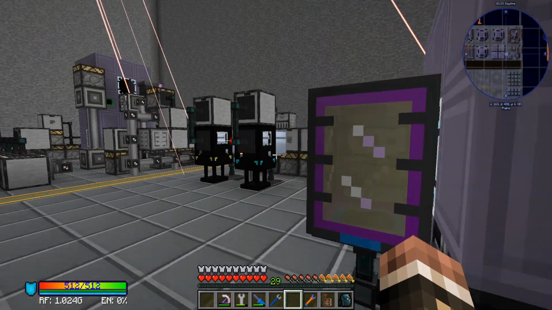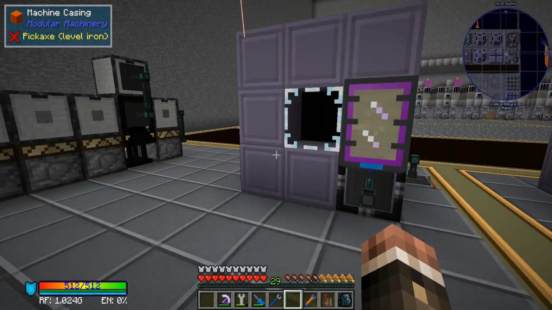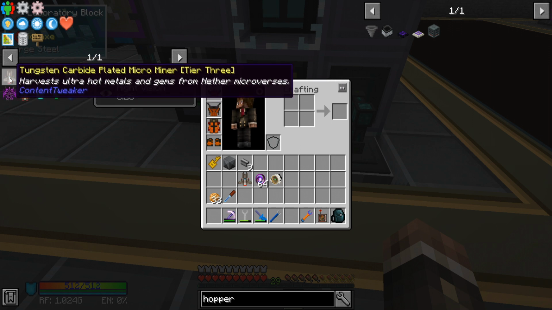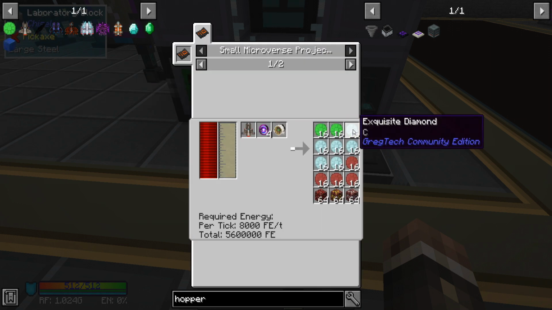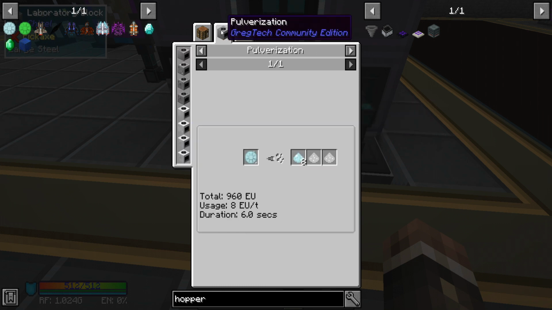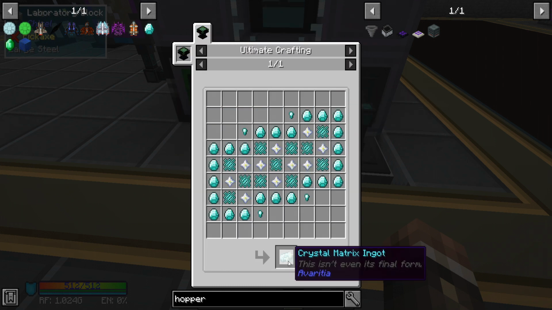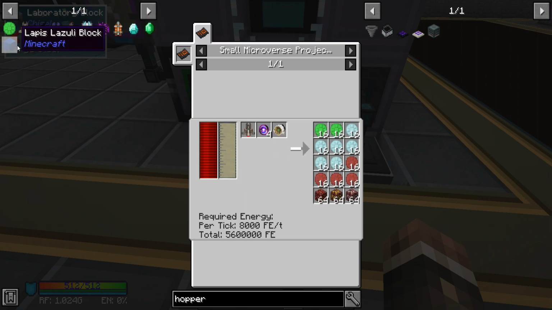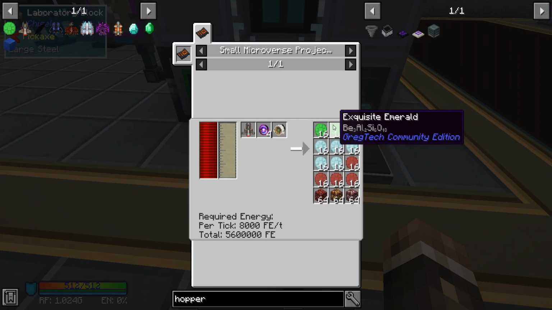I think I'm going to craft these faster than I'll use them, at least at the moment. Eventually we'll hit backlog though. The main things I want from this microminer are the exquisite emeralds and the exquisite diamonds. These diamonds are used to make diamond lattices, I think? No, wait, no, this is a fluid solidifier recipe. We don't need the exquisite diamonds. We need exquisite emeralds for